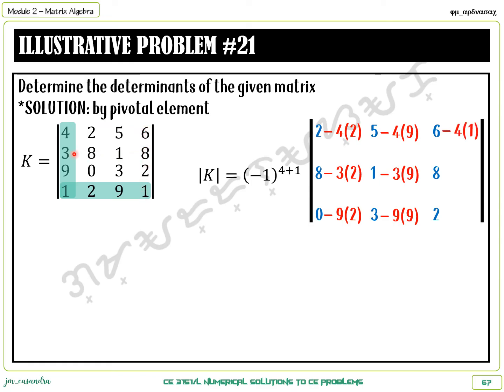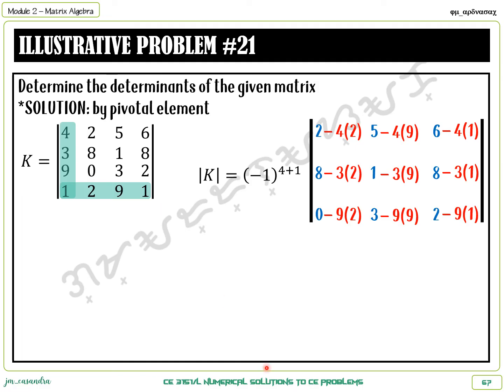8 is 3 and 1. So 8 minus 3 times 1. And then for 2, that will be 9 and 1. So that's 2 minus 9 times 1. So before we continue, notice first the pattern that we have for the values that we are subtracting